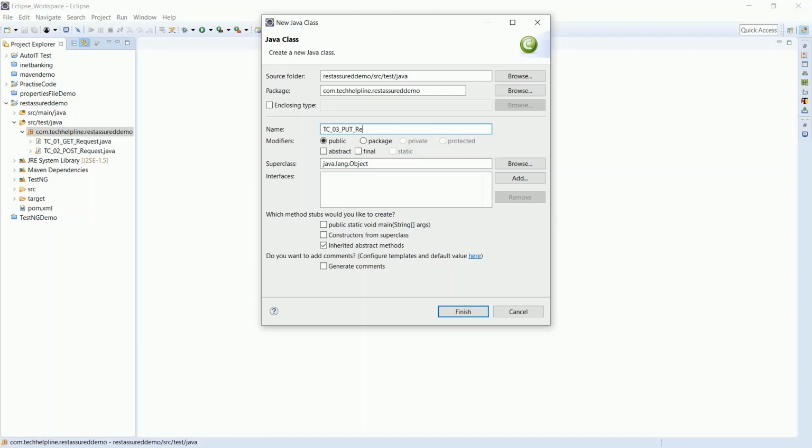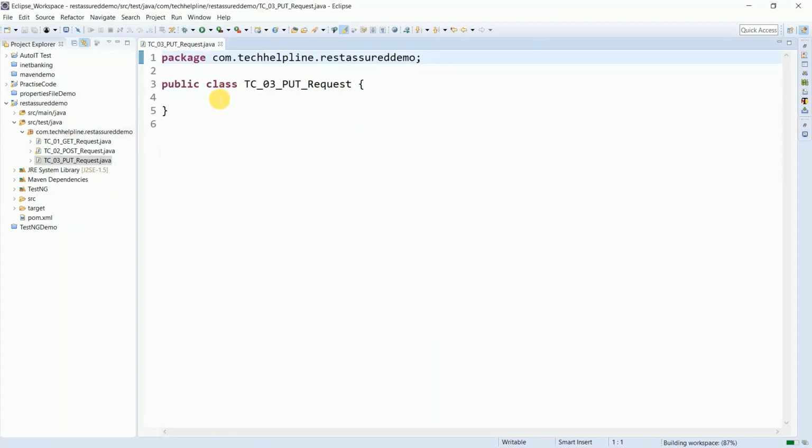Okay, and finish. So we have created one class for the PUT request, and in this class we have to follow the same steps as we wrote in the last demo, or in the last request.